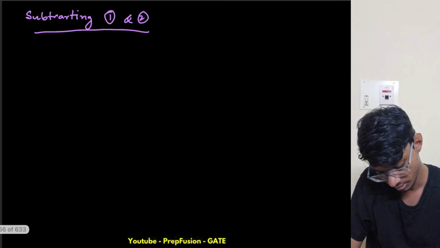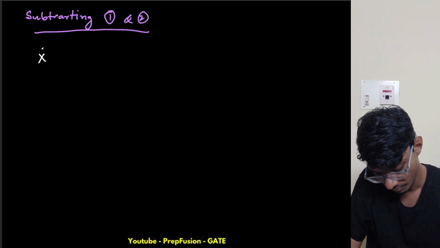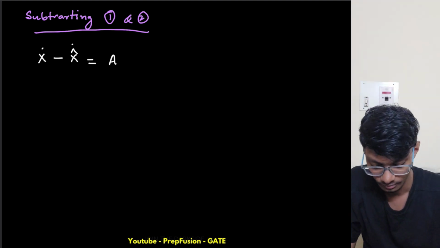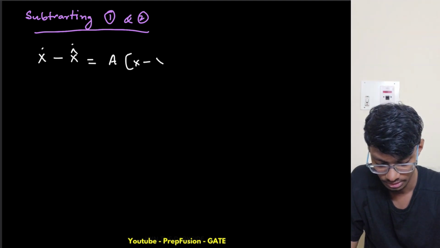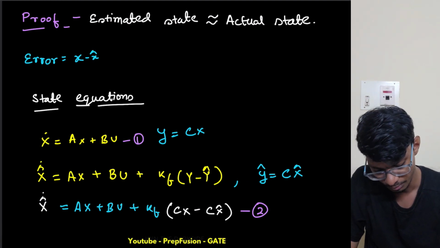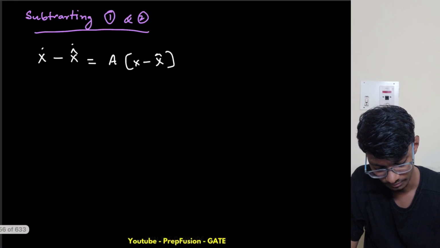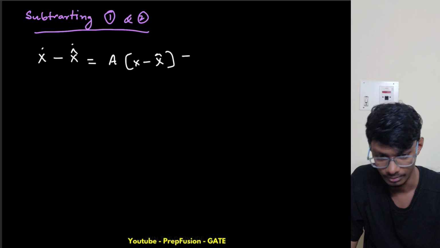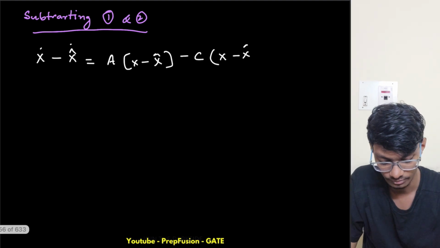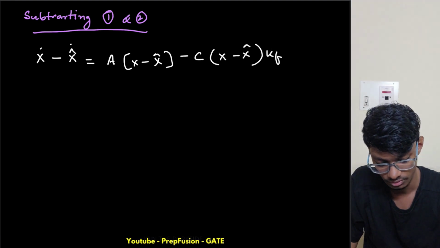So this becomes x dot minus x hat dot equals to simply a times x minus x hat, and this bu cancels out, okay. We are only left with this one, okay. So this one comes as minus c, which is also in common, into x minus x hat into kf, which is